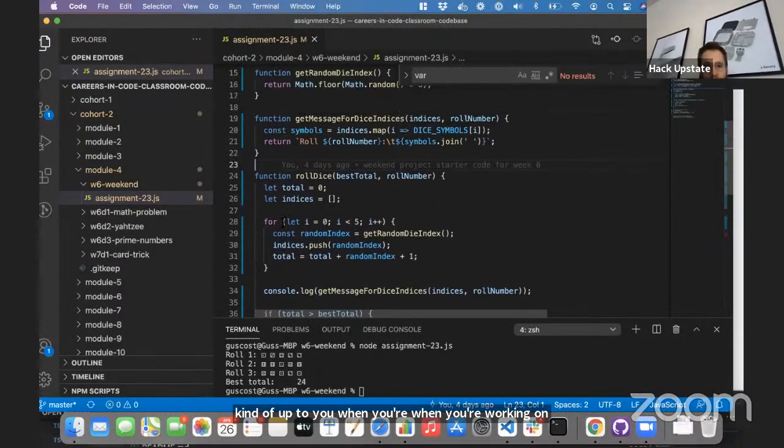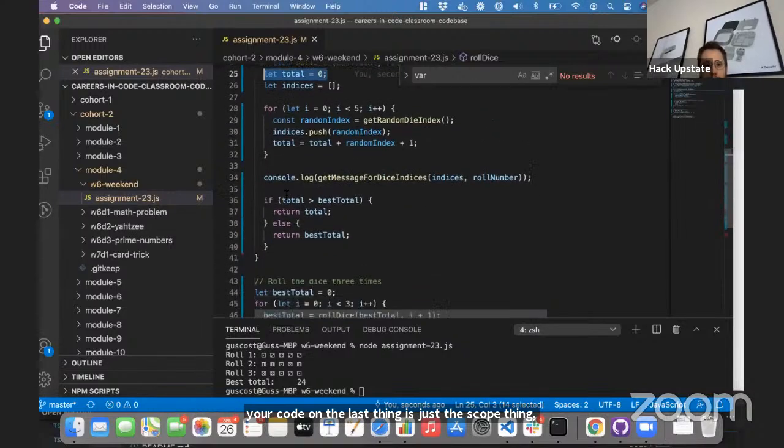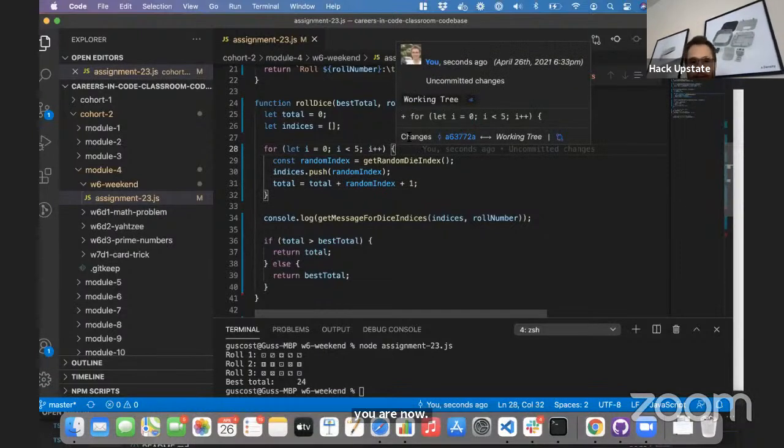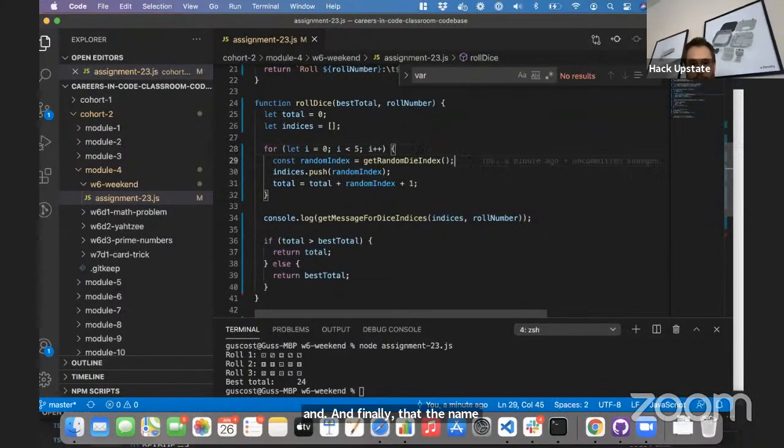Oh, and the last thing is just the scope thing. Once we have things inside here, they're not visible outside. But no matter how many functions or if statements in, no matter how far in you are inside a set of nested curly braces, you can always look outside to see a variable that's in the scope outside of where you are now. And finally, a name that you redefine here